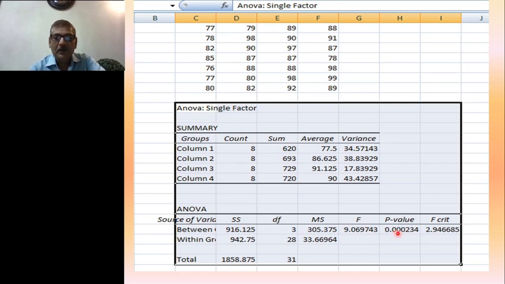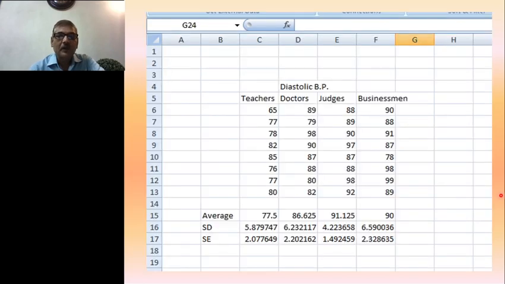The probability is very much less, nearly 0.0000234. So it is less than 0.05, and we accept the alternate hypothesis, that is, the four different groups of people doing varying professions show significant difference in their diastolic blood pressure.